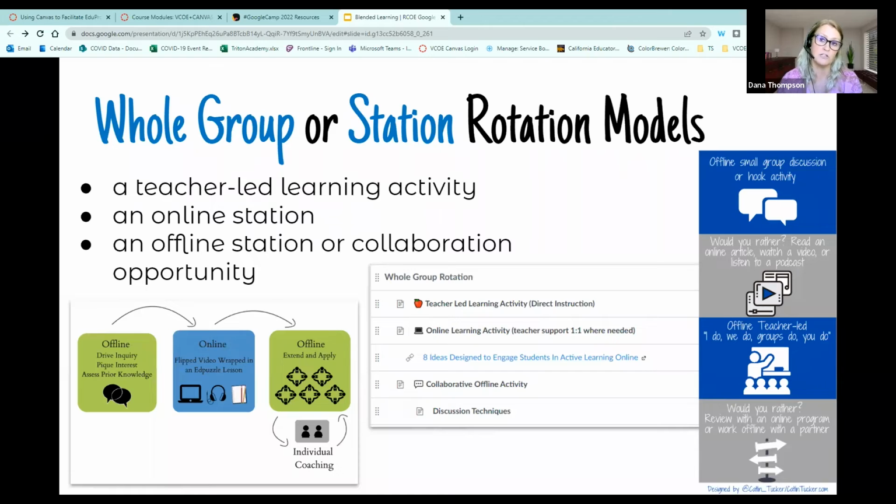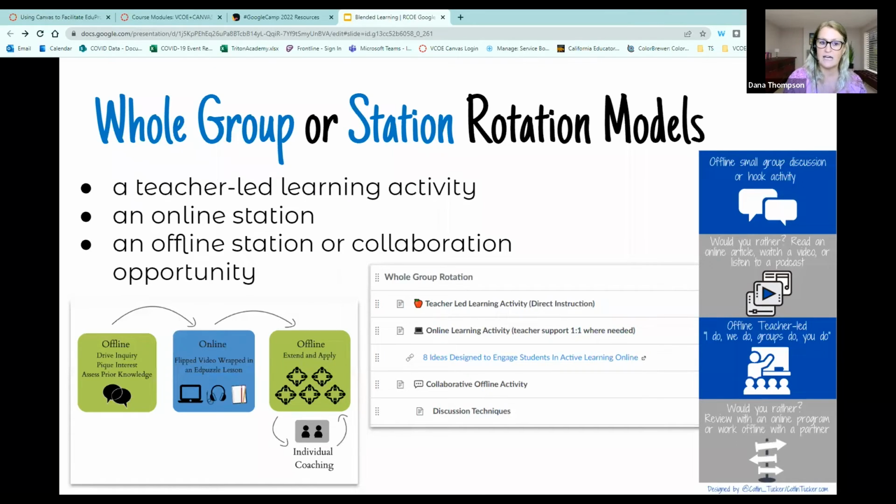And so when they come to your station, whether it's as an individual, as they're rotating through the room, or as a small group, you have that time in that station to interact with that group of students or that individual student in an office hour type situation where you're answering their questions and you're looking at their work and you're providing them with that personalized feedback and developing those connections and that interaction, that relationship. So however you set that up is up to you, but then you're going to combine that with an online